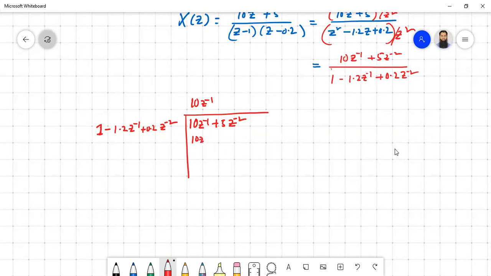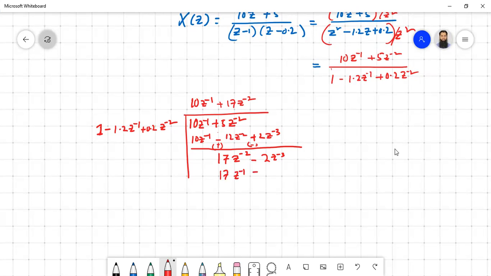So it will give you 10 z to the power minus 1 minus 12 z to the power minus 2, then plus 2 z to the power minus 3. Just be a bit careful with the signs. Now it will be 17 z to the power minus 2, minus 2 z to the power minus 3. So the first parameter again is plus, so plus 17 z to the power minus 2, then minus 17 times 1.2 will give you 20.4 z to the power minus 3, then plus